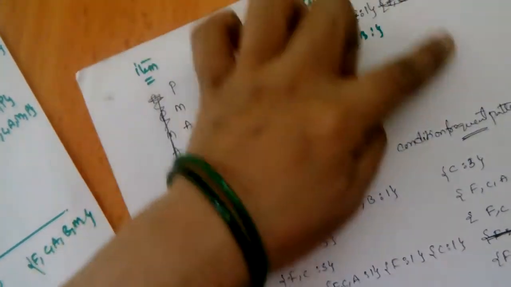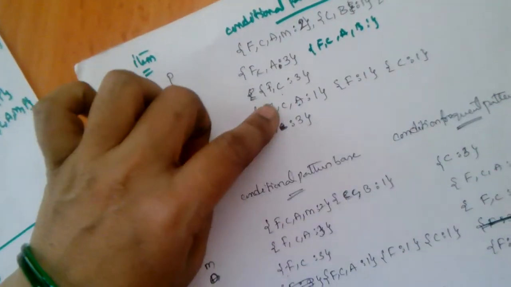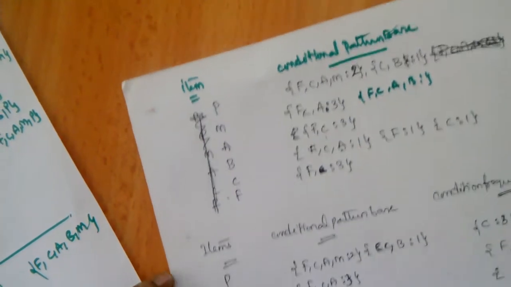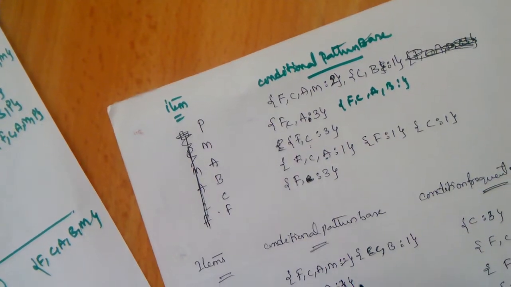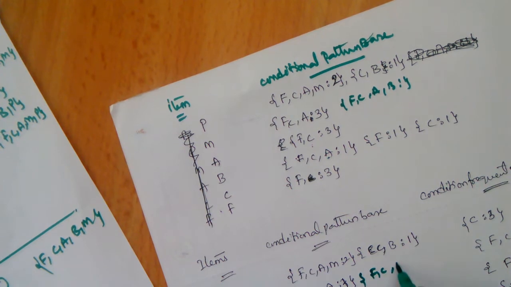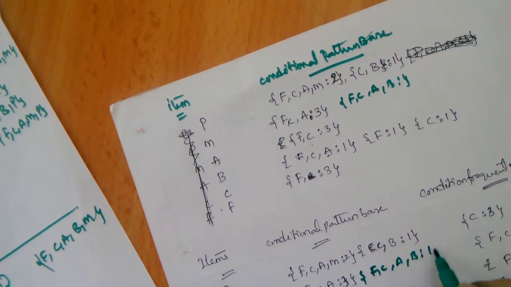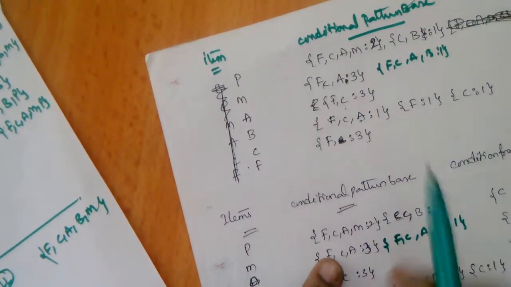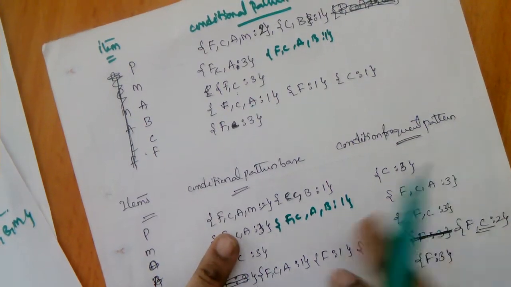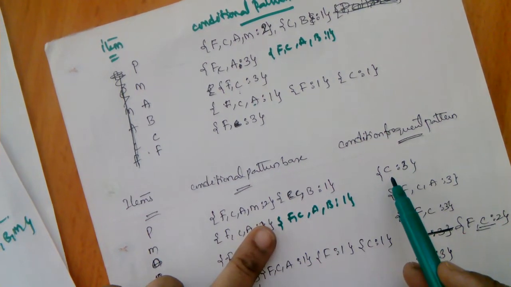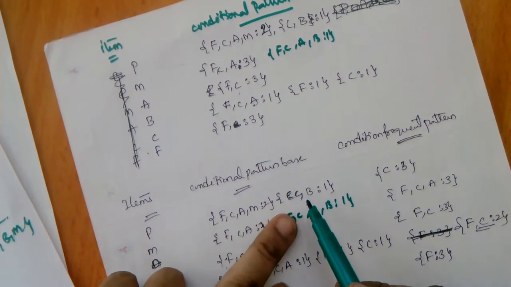Okay. Now we find the conditional pattern base. Now you find the conditional frequent. Okay, what is the conditional frequent? Here you write. Okay, for M we have FCAB as 1. Okay, now you see. Now we have taken the same conditional base, and from this conditional base we are finding the conditional pattern. Find the most common one. Here the most common one is C. Okay, FCAM, only C.